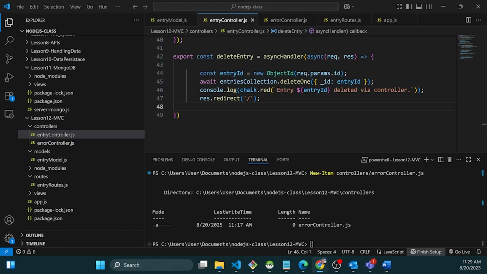We have built a robust, well-structured application with professional error handling. Now we are ready to tackle one of the most critical features of any real-world web application: user authentication. How do we let users create accounts, log in securely, and perform actions that are unique to them? So this lesson is a big one, but it is the key to unlocking personalized and secure web